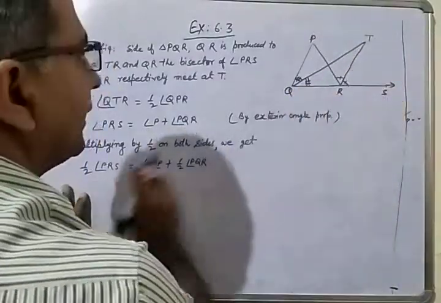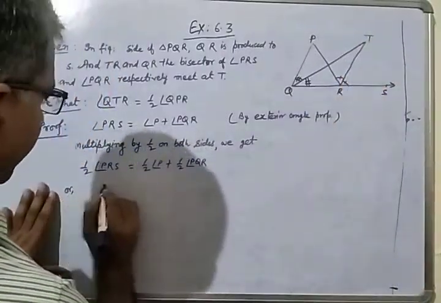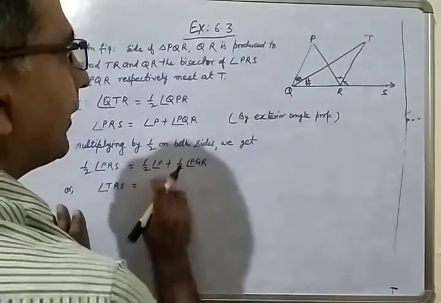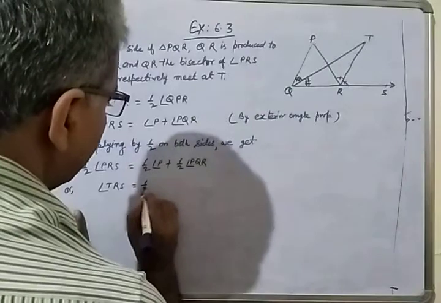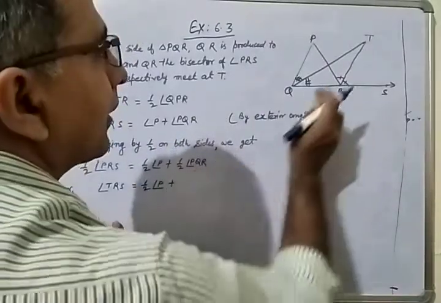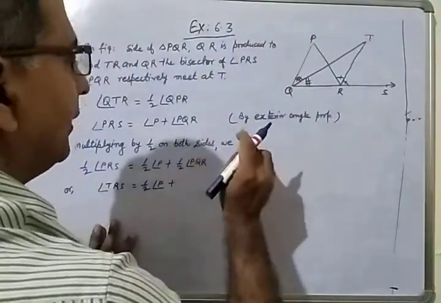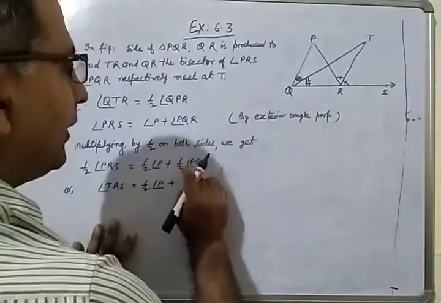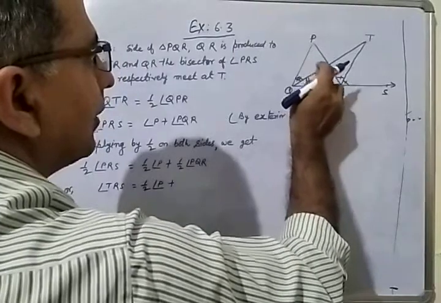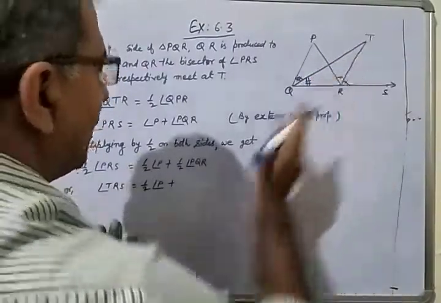So this can be written as angle TRS, or angle TRS is equal to half angle P, it will be as it is, half angle QPR, plus half of PQR. Half of this is this or this, so we will use this angle,